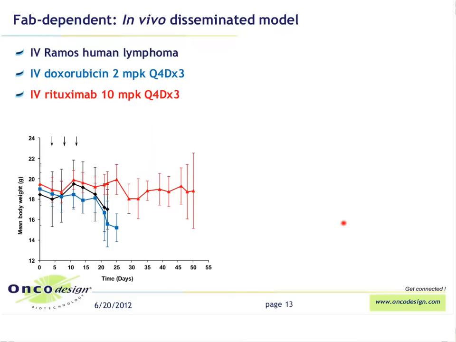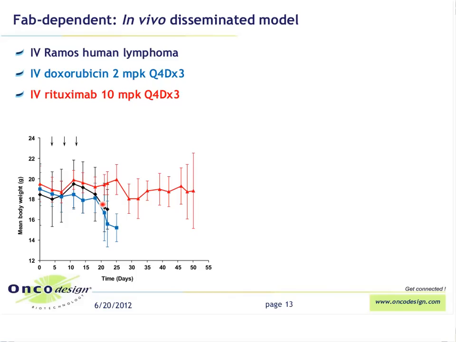The last example for Fab-mediated effect is the use of an IV disseminated lymphoma model, the Ramos cell line, treated by two different compounds. The first is the regular doxorubicin chemotherapy, and also rituximab, targeting CD20 at 10 mg per kilogram. You have here the mean body weight follow-up of the animals, and after 20 days we observe a very